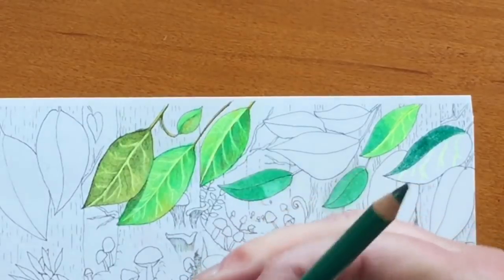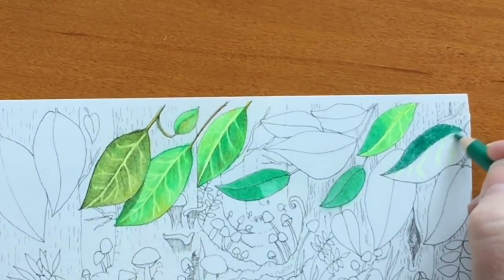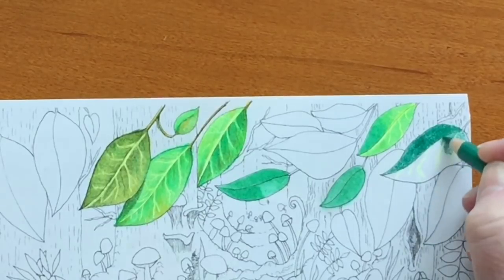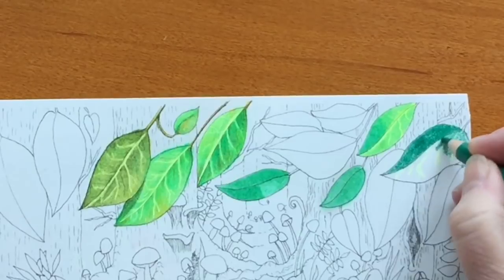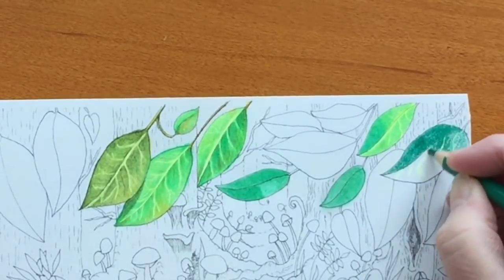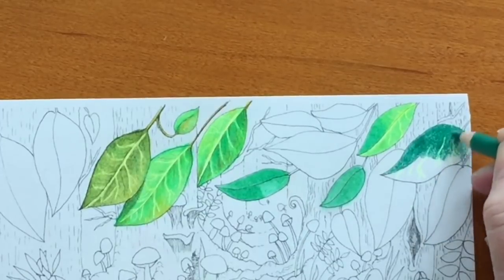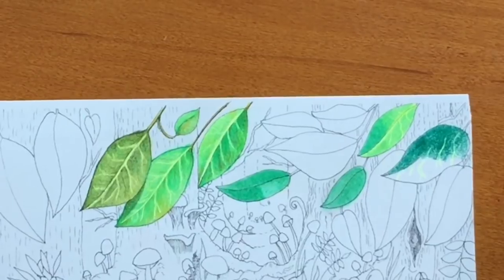So here I drew some more lines with the 162 pencil, and I took the same Prismacolor and I started to go over the top, and surprisingly, even with the Prismacolor pencils, that color still shows through. So it kind of looked a little bit blotchy, and I kind of liked the Prismacolor without any of those blenders in it. So I dipped the stump